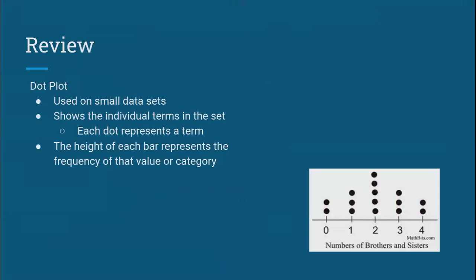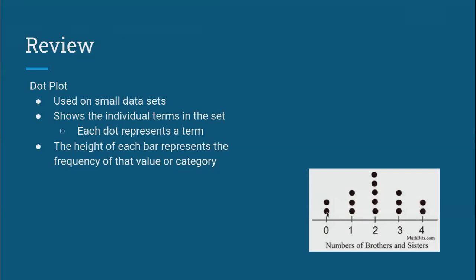In this unit, remember, we will be comparing data presented in 3 different ways. A dot plot we are just mentioning because you may see it, but for the most part, our studies will definitely be with box plots and histograms. However, we do need to still understand a dot plot. A dot plot is usually used with small data sets, and it shows each individual term in the data set. So each dot represents a term. For the data set that's presented here,